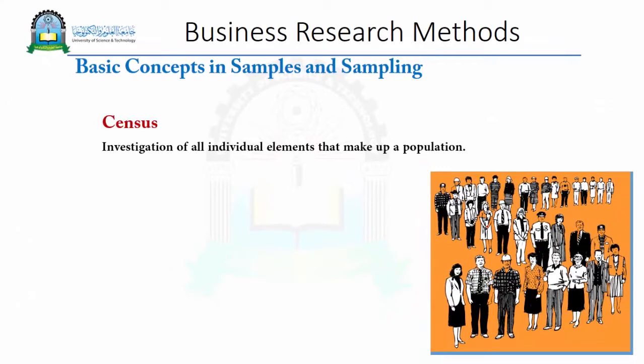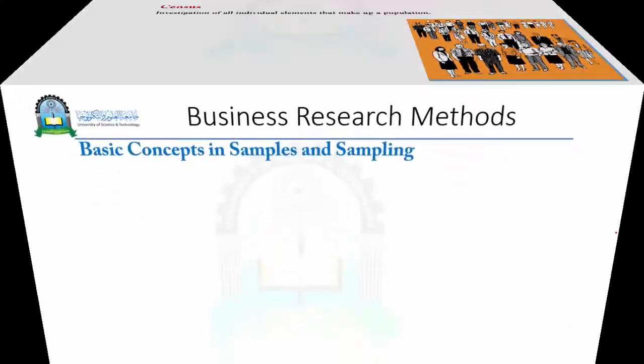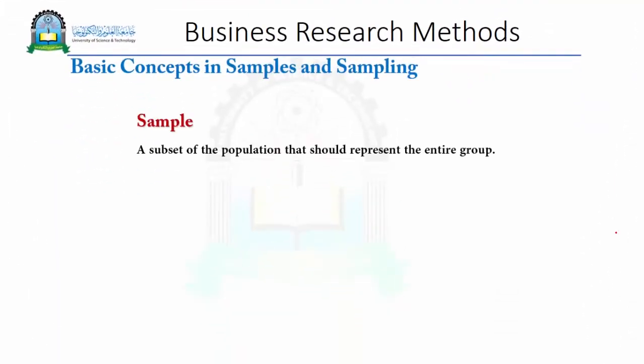The census is the investigation of all individual elements that make up a population. So mostly you cannot take a census unless it is a small number. If the number is big, you cannot take the data from everybody in the setting under investigation or under research. So the sample accordingly is going to be a subset of the population that should represent